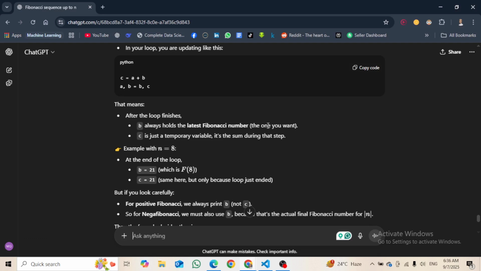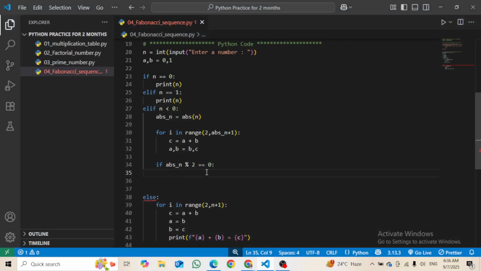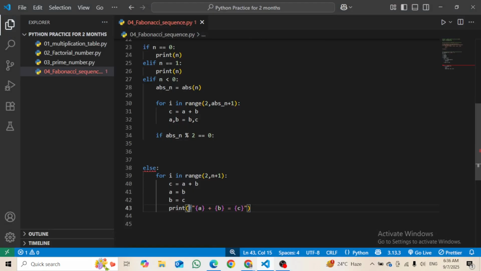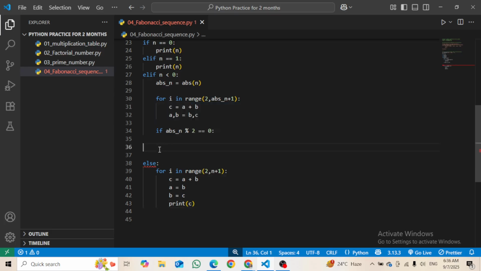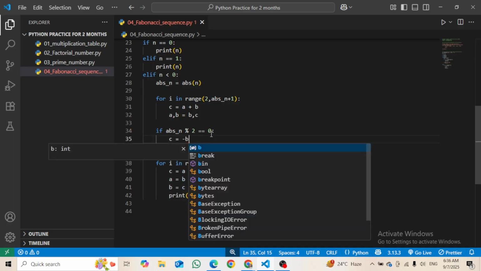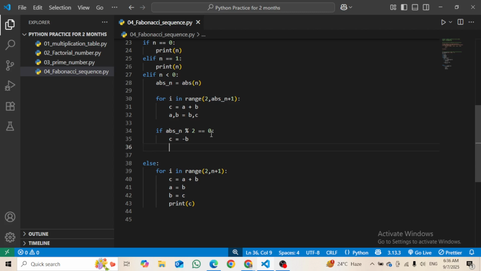So what we will do here is, it means that I can just print the b here. Instead of printing c, I can print b also. But I will do it for c. c is equals to, let's say, minus b. I will go with my own code. c is equals to minus b, else c is equals to b,